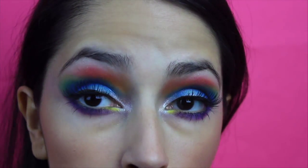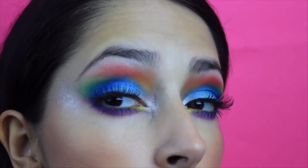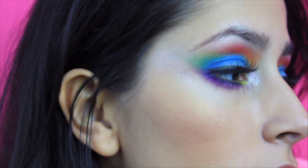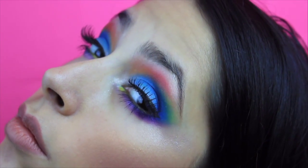Hey everyone! The makeup in this video is based off of a tutorial I put out a couple of months ago inspired by Rainbow Bright. The makeup in that video wasn't wearable, it extended past the brows onto the cheekbones and there were stars under the eyes. But because I love the color combination so much, I decided to recreate a more wearable version of